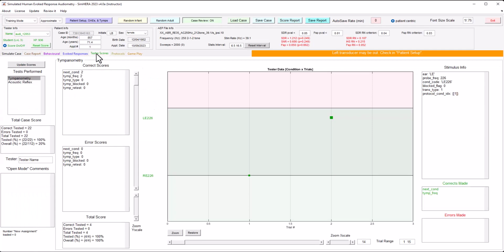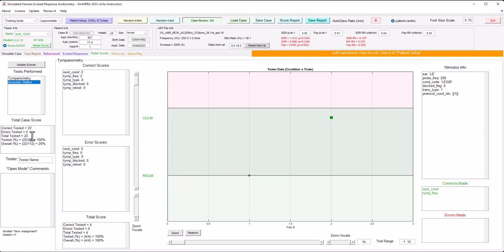Those protocols are related to the auto scoring. And you can see that overall test scores, which I didn't mention prior, of the total case score includes the testing of the tympanometry, the acoustic reflex, everything. So there should have been 112 different total scores going on here. And so I'm only scoring 20% overall. But total tested, I was 100% accurate. And so you can use this if you're learning yourself, if you're a student, you're seeing how well you did in certain different areas, you can use this kind of information to guide where you need to focus your attention on improving your skills. For instructors, you could use this for grading the assignments that's already scored for you, and